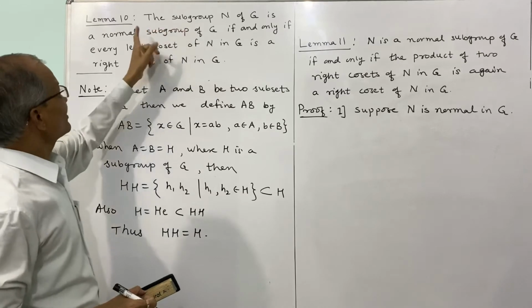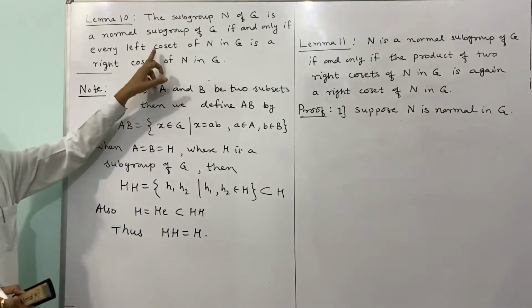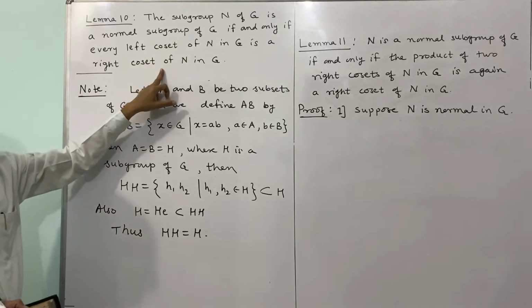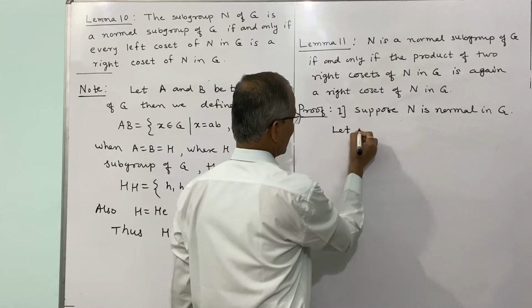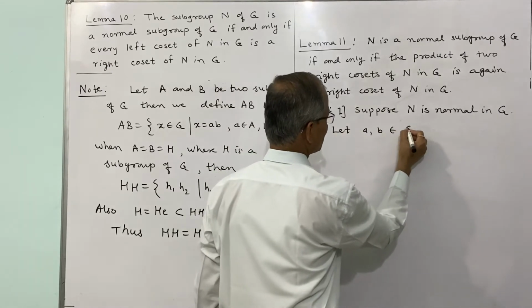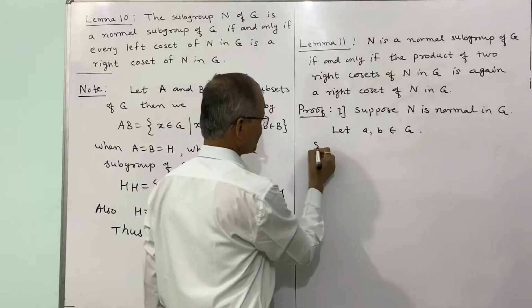If N is normal in G, then every left coset of N in G is a right coset of N in G. Further, let A, B be two elements in G, and since N is normal in G,